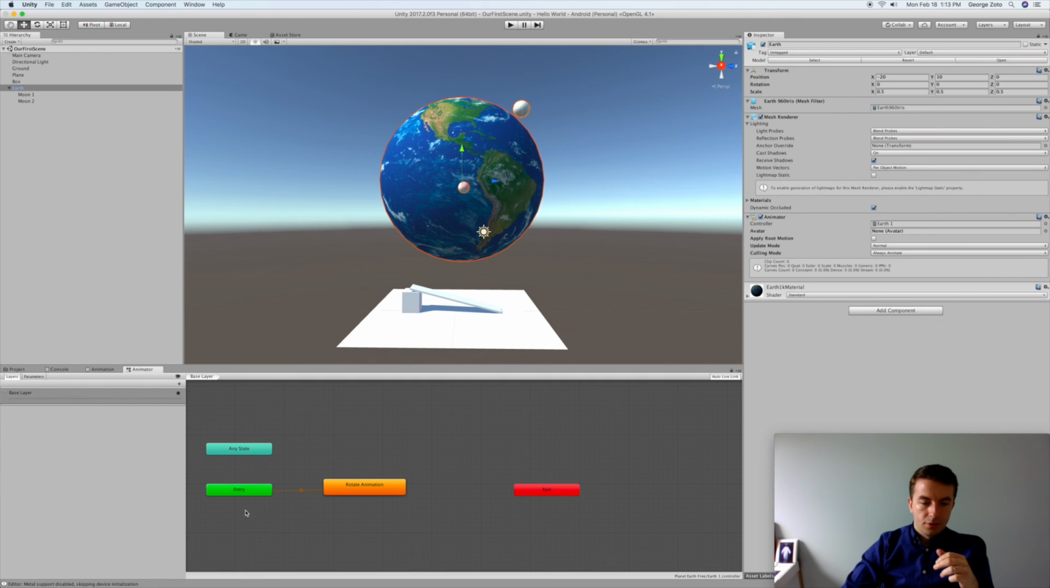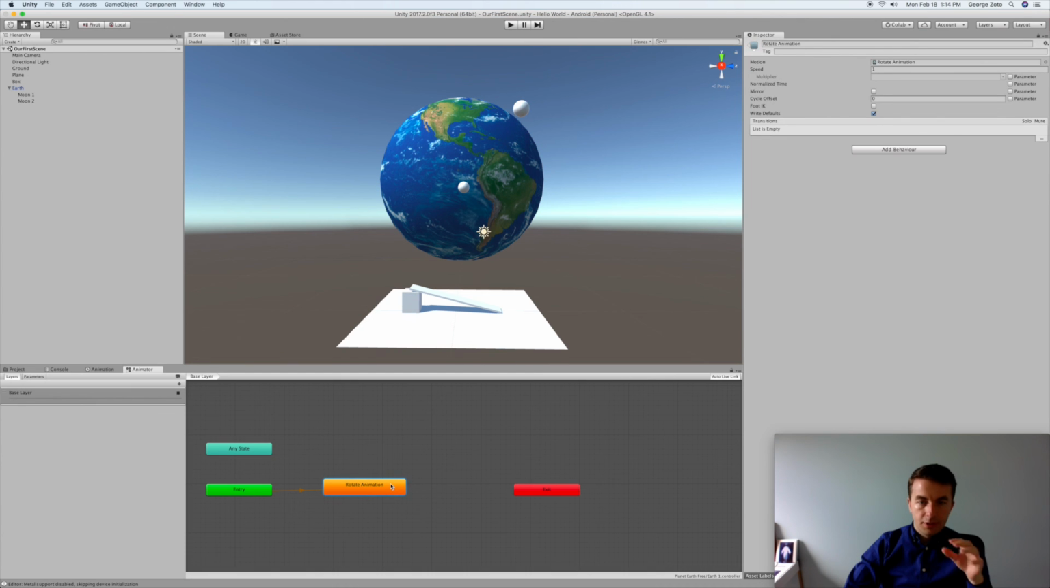So this is basically a state machine. A state machine is basically a collection of states that you have an entry point. Based on a certain condition, you can move to another state, and based on another condition, you can go to an exit state. You can have many states here, and the important thing to remember is that a state basically corresponds to an animation. So this is my rotate animation